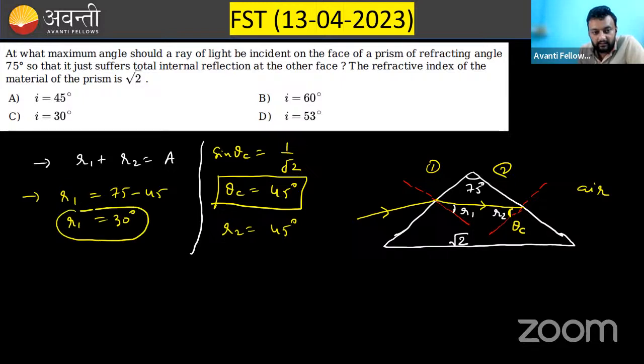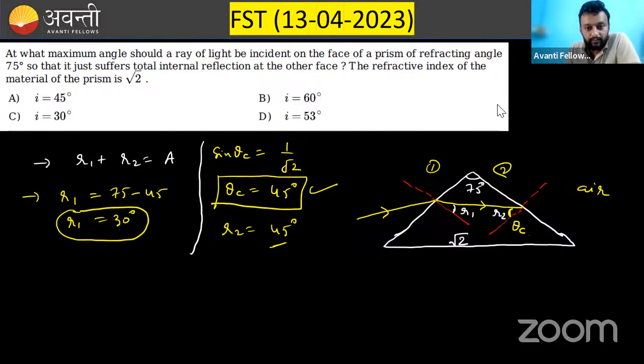Is this R1 clear? Theta c is clear? How do we get theta c? Theta c is nothing but the critical angle. If it is the critical angle, that is 45 degree, then I place this value here and R1 is 30 degree. Now,